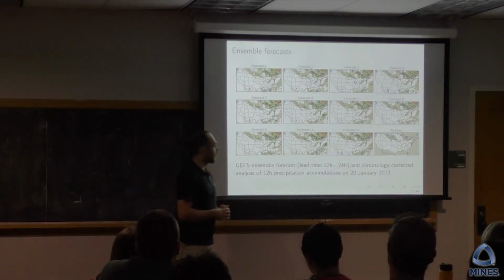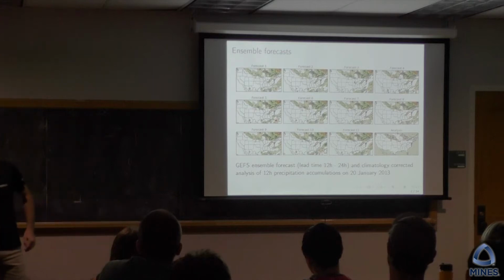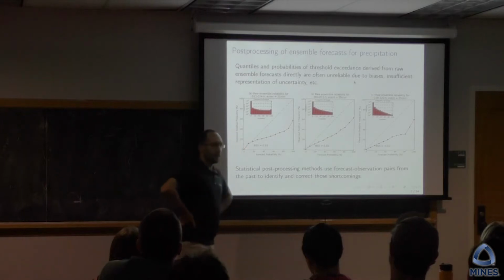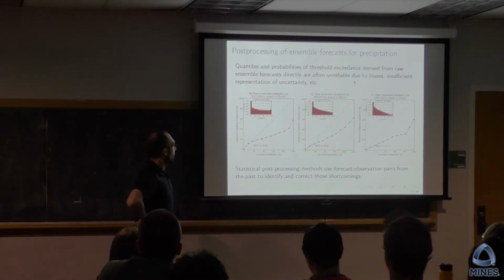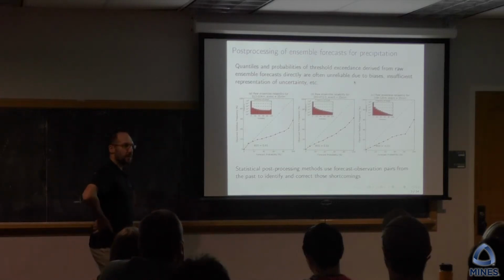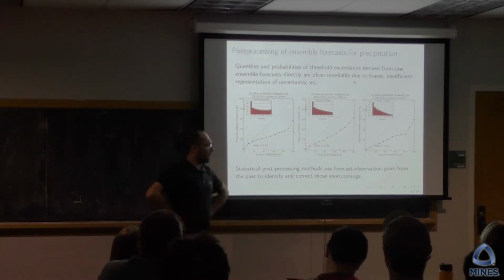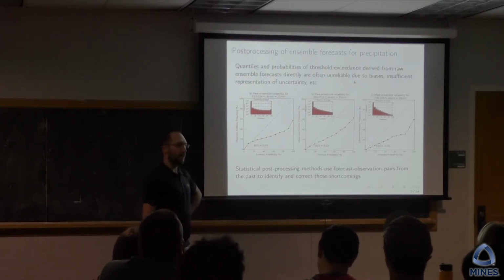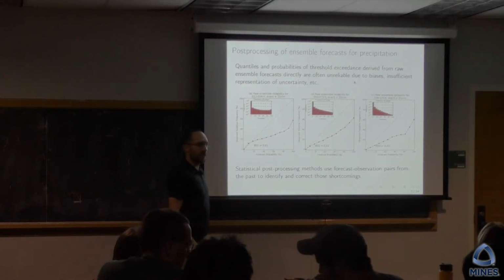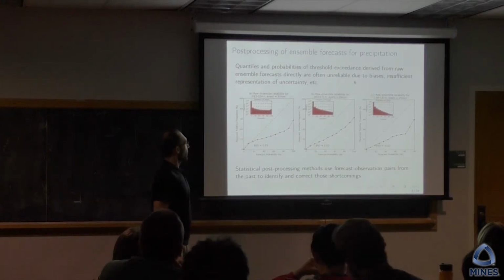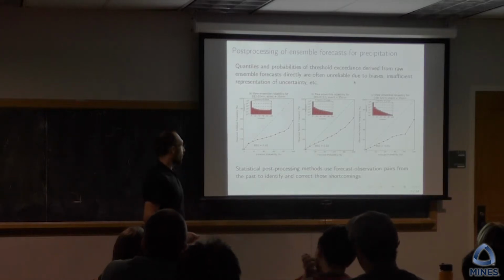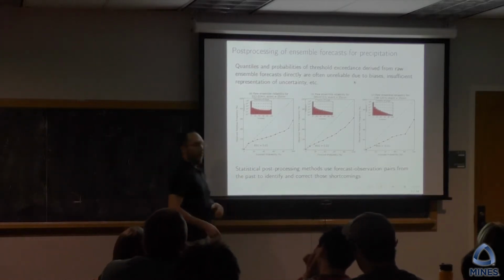is not statistically accurate. And what that means is best explained by introducing you to one of the basic tools that we use for probabilistic verification. These are so-called reliability diagrams. And statistical reliability of a forecast basically means that if we forecast that some event, say here the exceedance of 25 millimeters, which is about 1 inch of precipitation over 12 hours, if we forecast that this happens at a particular location with 40% probability,